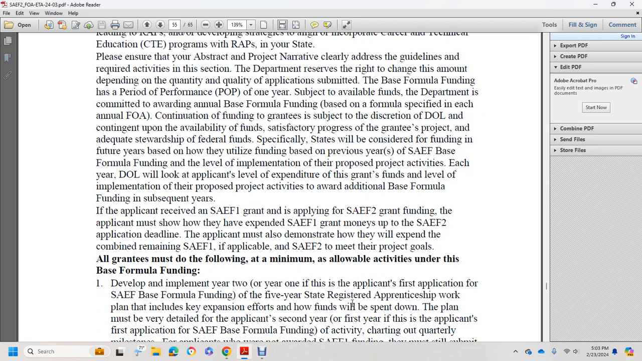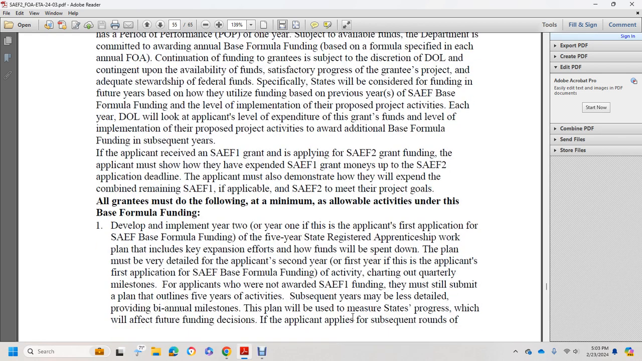All grants must follow the minimum allowable activity of the base formula funding. One, develop and implement, in year 1 of the applicant's first application of the State Apprenticeship Expansion base formula funding, a 5-year state registered apprenticeship work plan, including the key expansion efforts based on how the funds are spent down. The plans must be detailed for the applicant's first year of the base formula funding, with the activity charted out with quarterly milestones. Applicants who were not awarded State Expansion Formula 1 funding